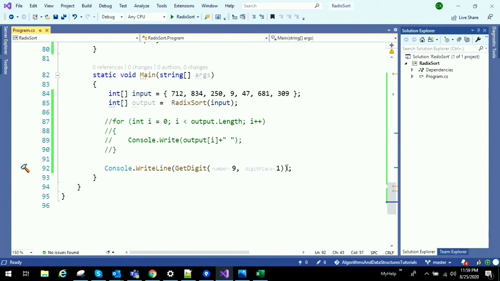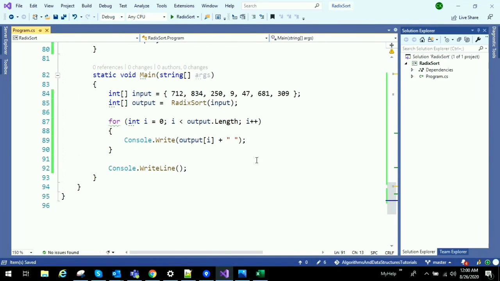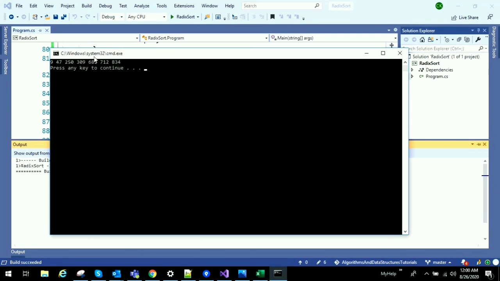Let's print our output. Now we got the correct result: 947, 250, 309, 681, 712 and 834. These are sorted. So this is the logic for radix sort.